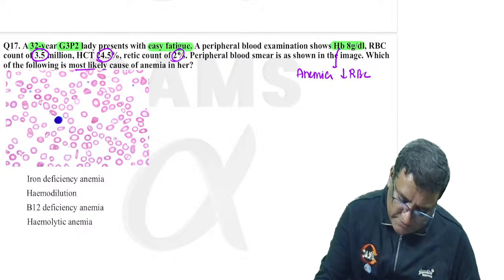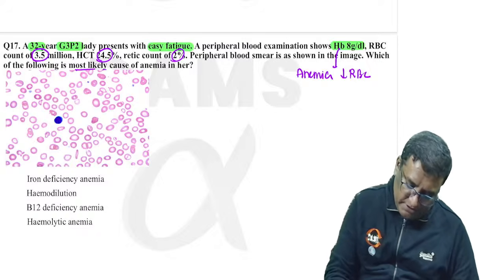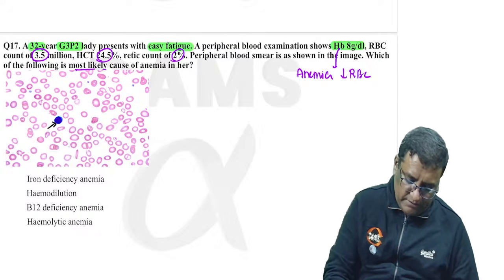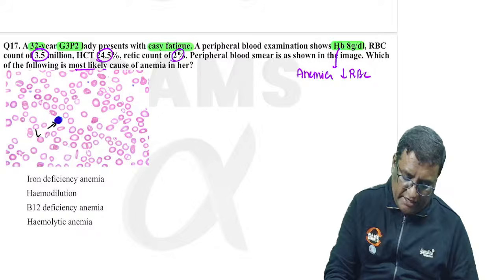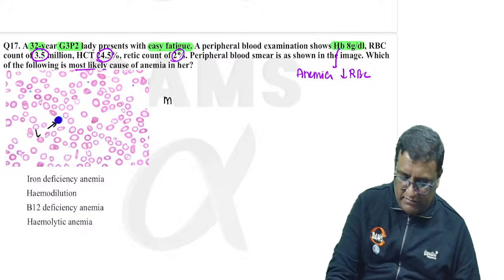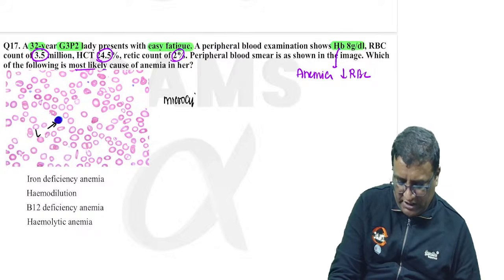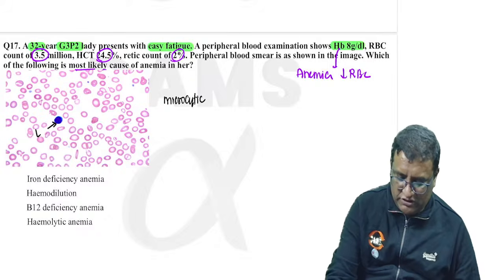Okay, a peripheral blood smear has been given to us. What is the peripheral blood smear? Look at this. What is this? This is the lymphocyte. Now, what am I saying? Definitely RBCs are smaller. I can see microcytic. How do I know microcytic? Compare the RBC with the size of the